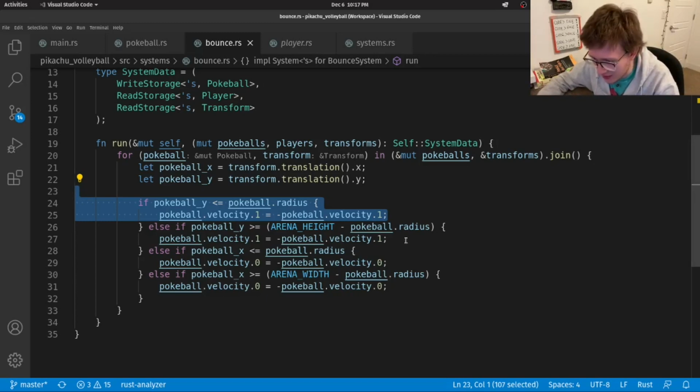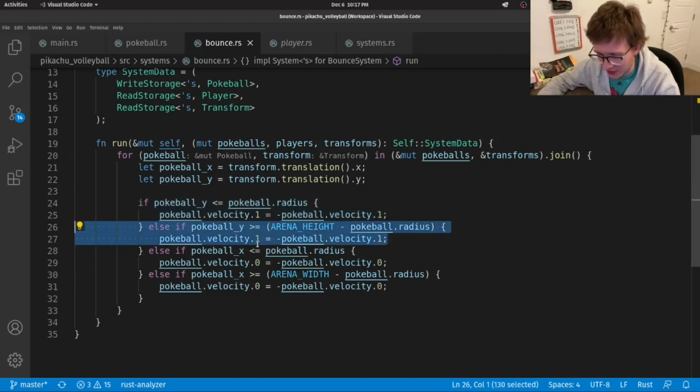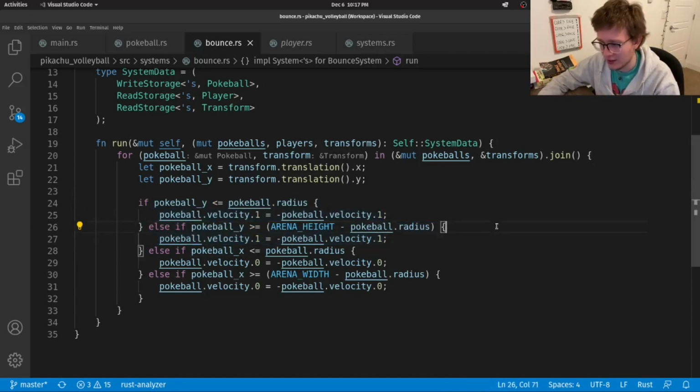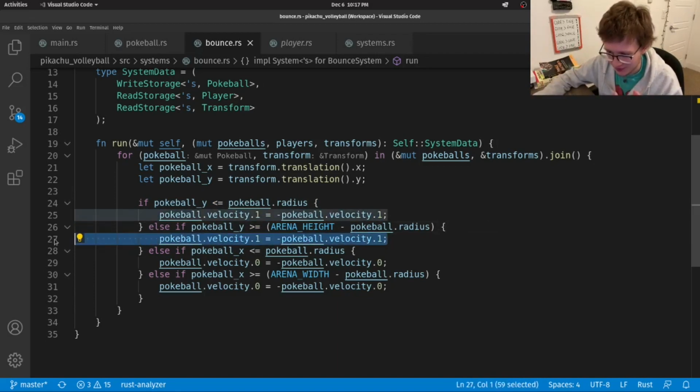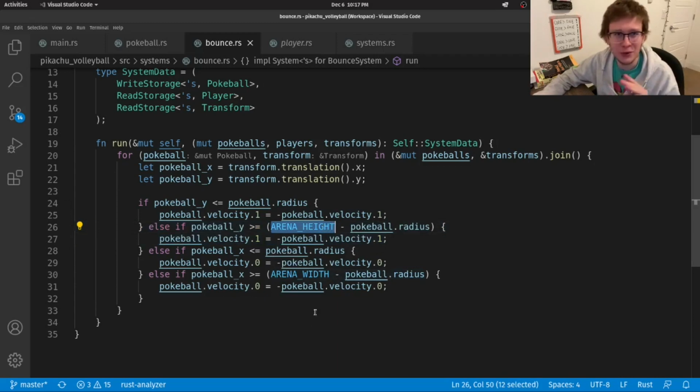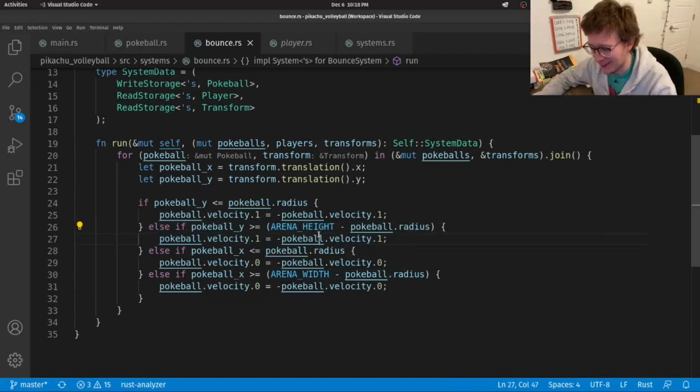Now the second if, try to guess, what is it? We already know that this one is the bottom. So we have left wall, right wall, and top wall. Looking at this, which one do you think it is? It's easy to guess because we have arena height. If you get it wrong, don't worry. But yeah, this is the ceiling.